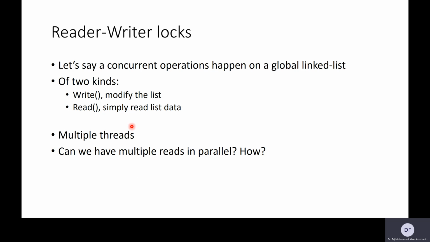Okay? So we can distinguish using the behavior of these threads. We can classify the threads into two types of threads. There are threads who want only read-only access to the data, and there are other threads who want write access to the data. Now the key insight here is that while those threads who want to write the global data, we should prevent them from accessing this data simultaneously, and we should strictly implement mutual exclusion